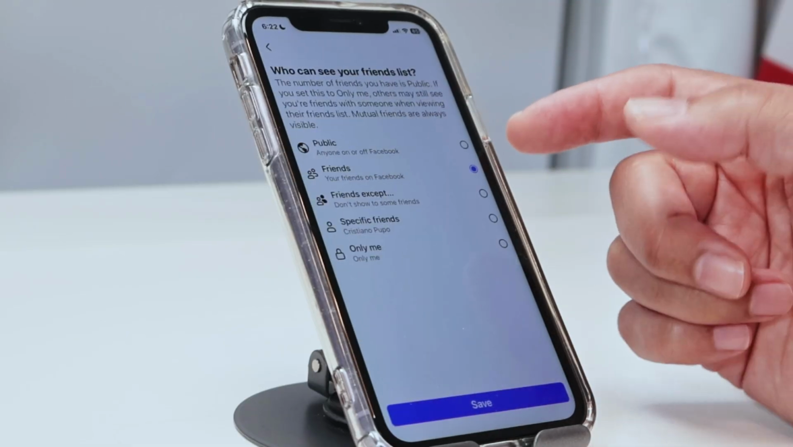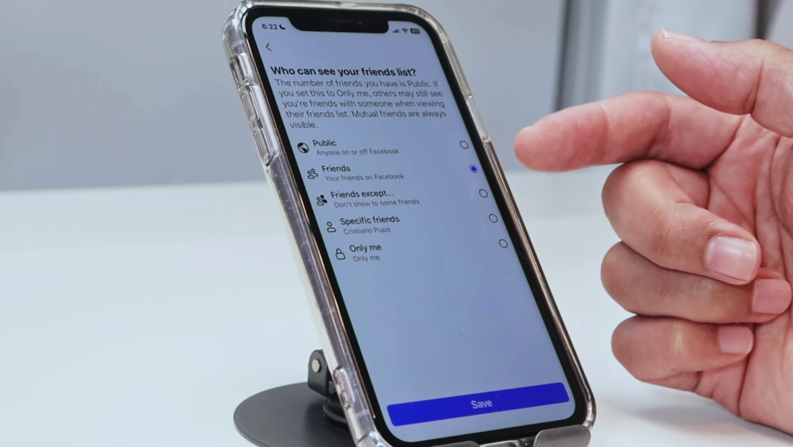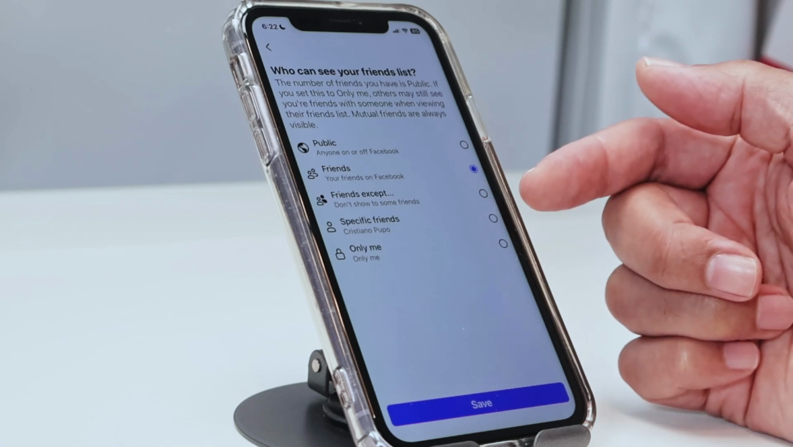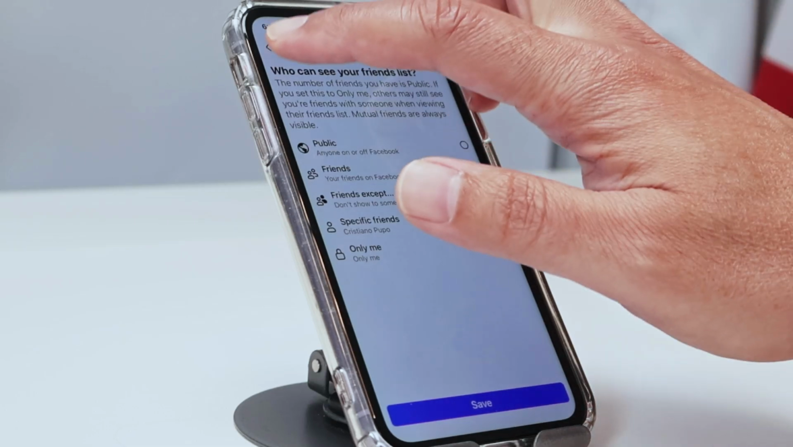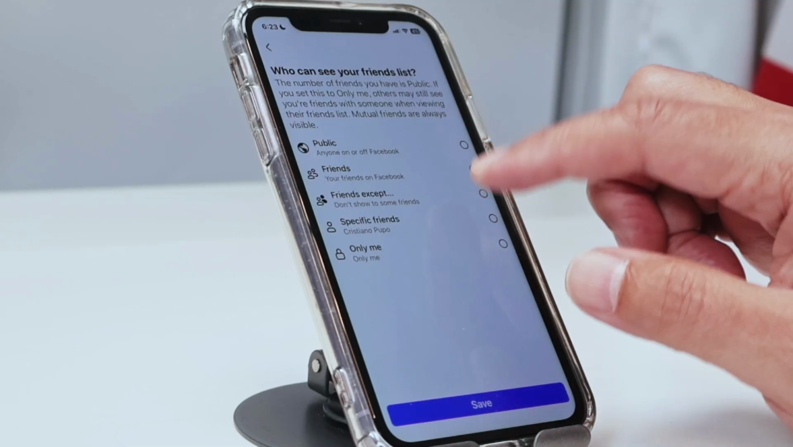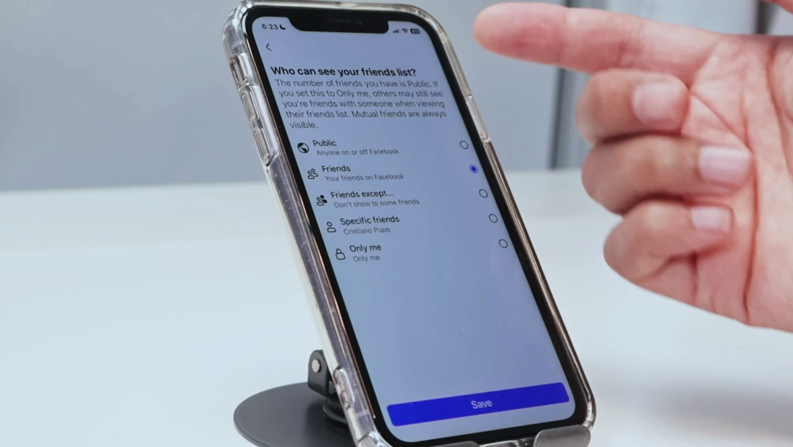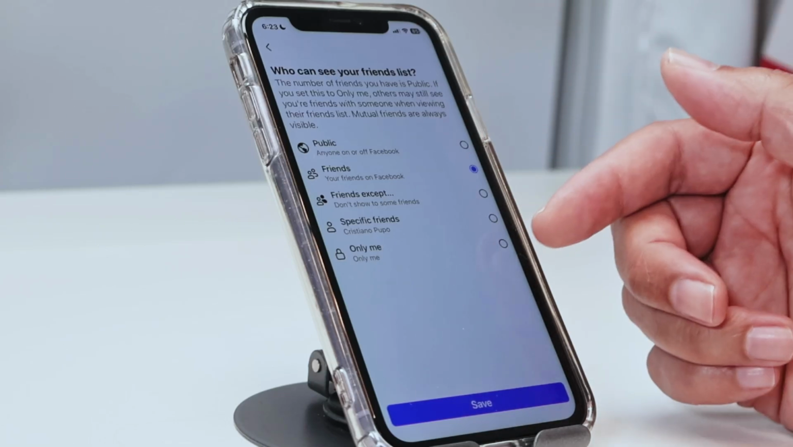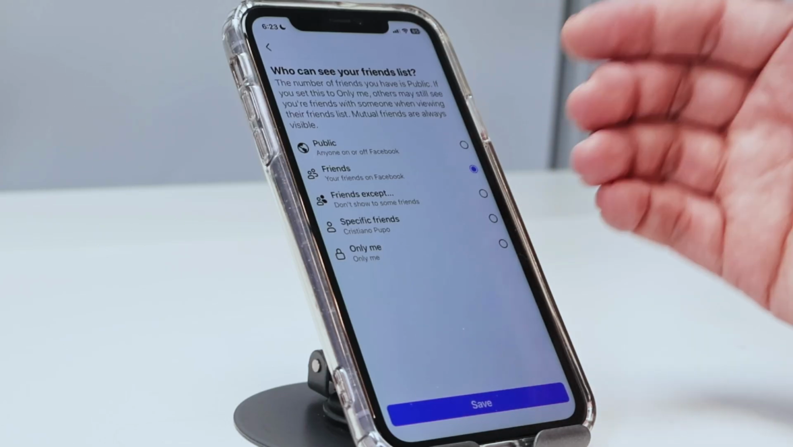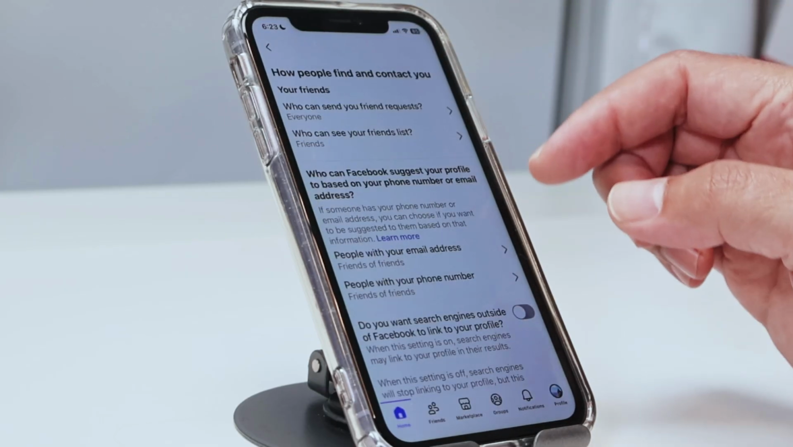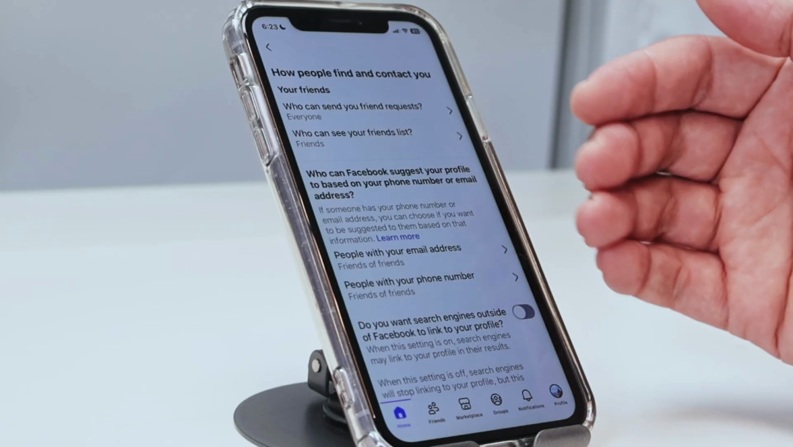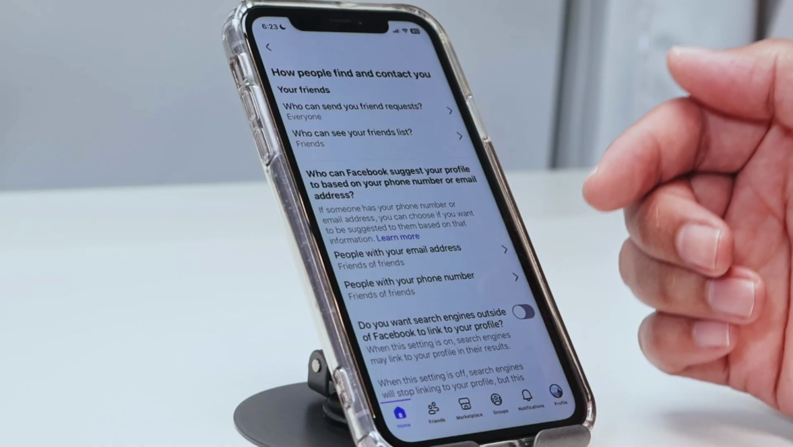So here you see the public option or just friends, some friends, specific friends, or only you. So just select this one, for example, just friends can see your friend list, or usually only me, right? So nobody else can see your friend list. You make it private. Then you just come back and you see also the option to control how people